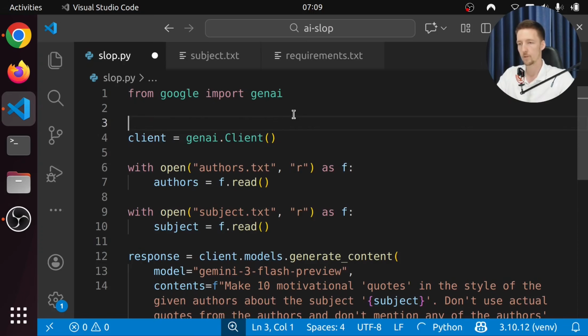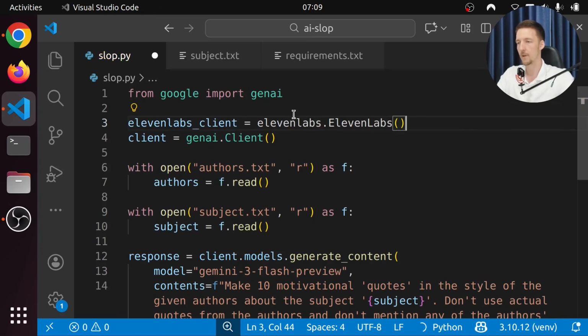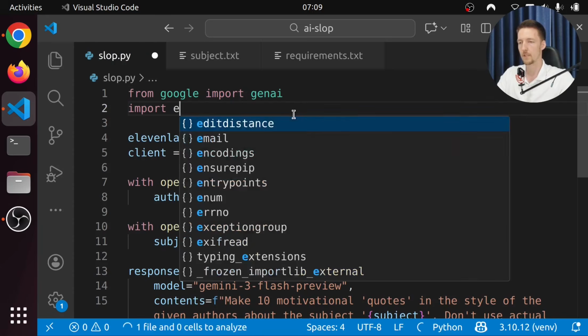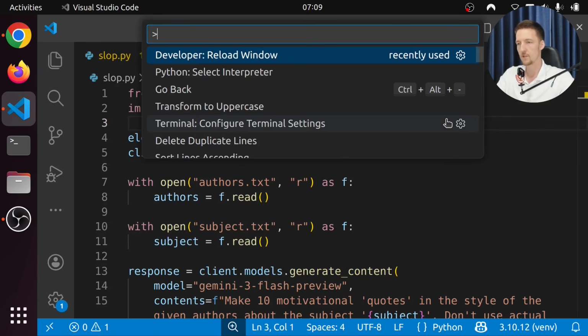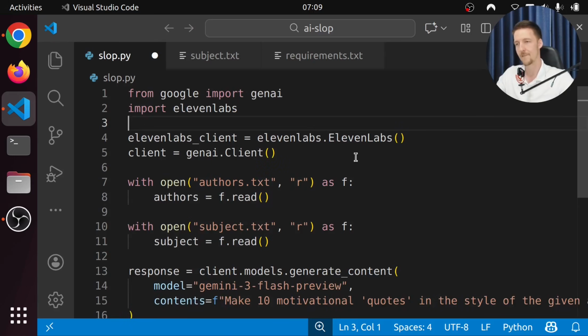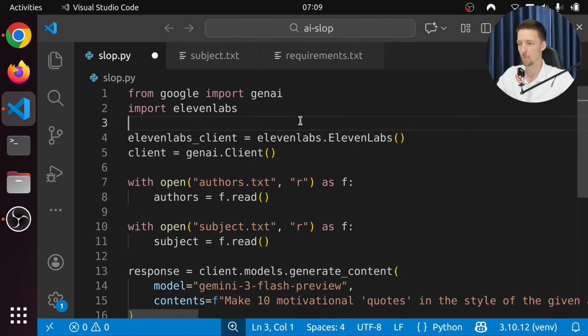So we are going to say elevenlabs client is going to be elevenlabs.ElevenLabs. And we have to import elevenlabs. And for some reason my VS Code is stupid that it doesn't load these imports automatically. I have to reload the window every time.